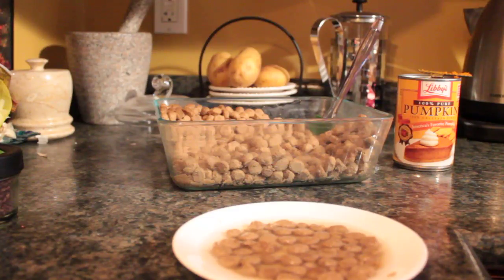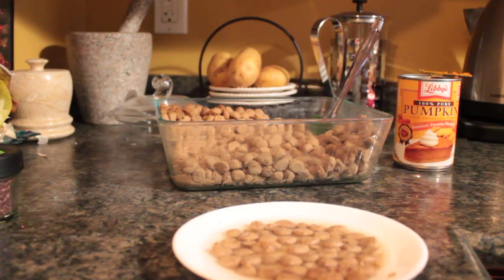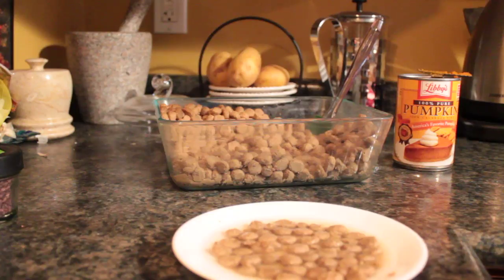Now, if you are following a strict worming protocol, and I can't stress that enough how important that is, make sure you're following a very strict worming protocol, okay? Just follow the instructions on the back of the bottle, okay? There are certain weeks that you are to give the puppies this wormer, and you also want to dose the mother at the same time. All right, if you're following that very strict protocol and you're noticing that your dogs are having soft stool once you start incorporating the food,